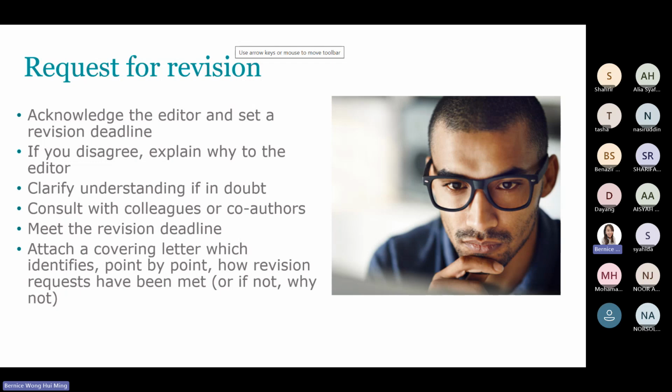And please bear in mind, it is not that after one round of review you will get published. So you need to put it in the covering letter clearly: this is the first revision, points 1, 2, 3, 4, what they required, what you have done. Then when the second revision comes, at least you have a track record of what you have done, and it is easier for them to review your comments.